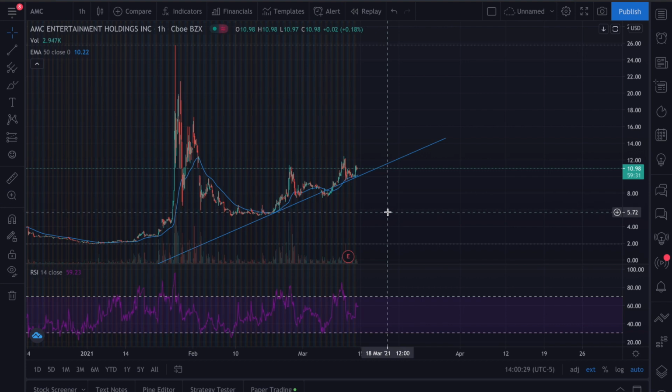Worst case, it just continues to fall down. We would see maybe the $5 plus mark. And if something crazy happens, then obviously it could reach its levels back here. But something insane would have to happen for AMC to go back down to that level. Again, this is the market. We can't predict it. But I think in the short term, if it continues to uptrend, we could see